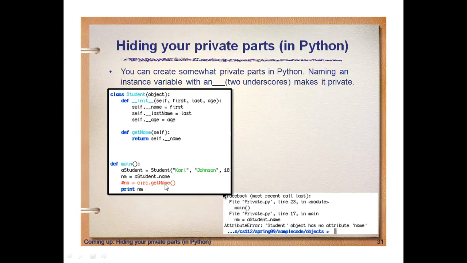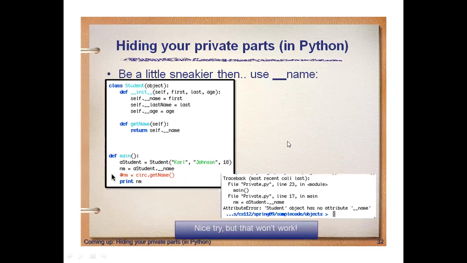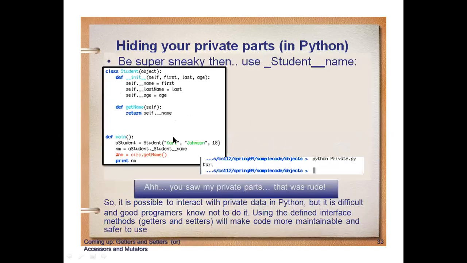Similarly, what happens with the function? Let's see it one more time. Now let's see what will happen here. Again, I try to hide some of my data. Being super sneaky, I use student underscore name. Then let's see what happens here. You saw,